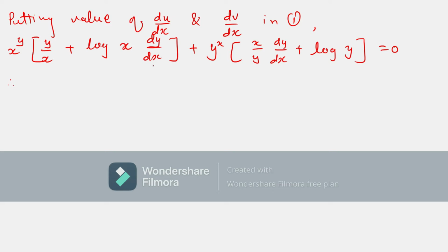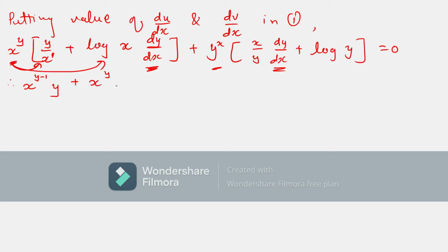I can see that dy by dx 2 times here I'm getting, so that means they are multiplied with outside the bracket. That means I need to open the bracket for both the things. I'll get 2 terms of dy by dx, and that means I have to take common dy by dx from those terms, and other things we can take that side. Okay, let me multiply this and this. I can see that x to the power y, and here it is x to the power 1. So if I multiply, it will be like x to the power y minus 1, since they are having same base, but power will be subtracted when they are in division. y as it is.